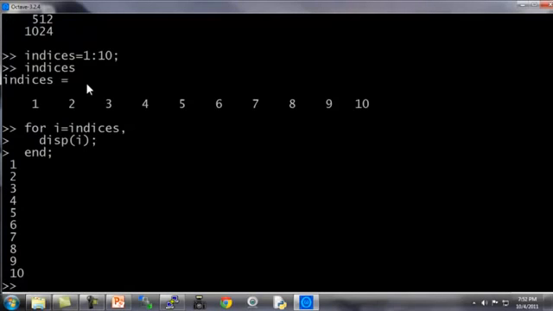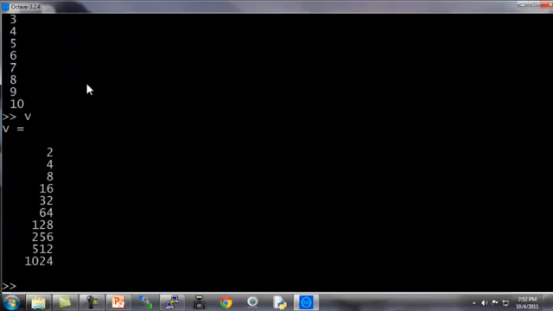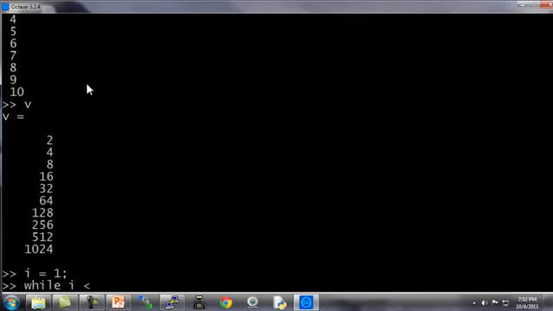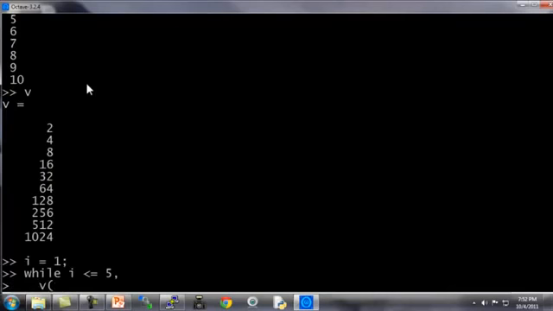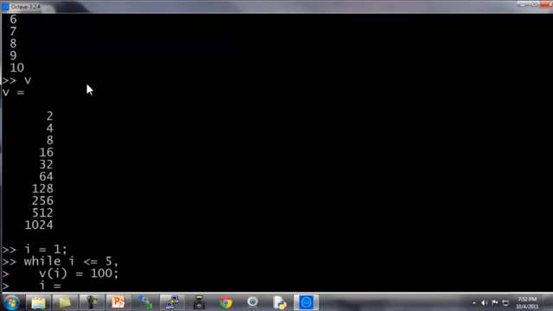If you're familiar with break and continue statements, you can also use those inside loops in Octave. But first, let me show you how a while loop works. So here's my vector v. Let's write a while loop. i equals 1. While i is less than or equal to 5, let's set v(i) equals 100 and increment